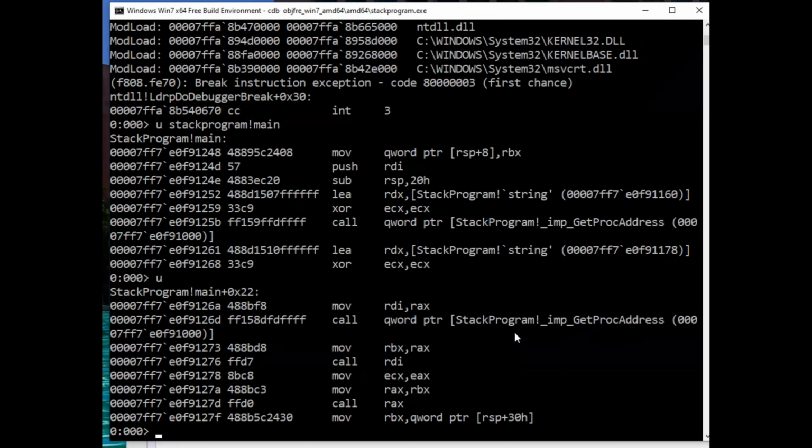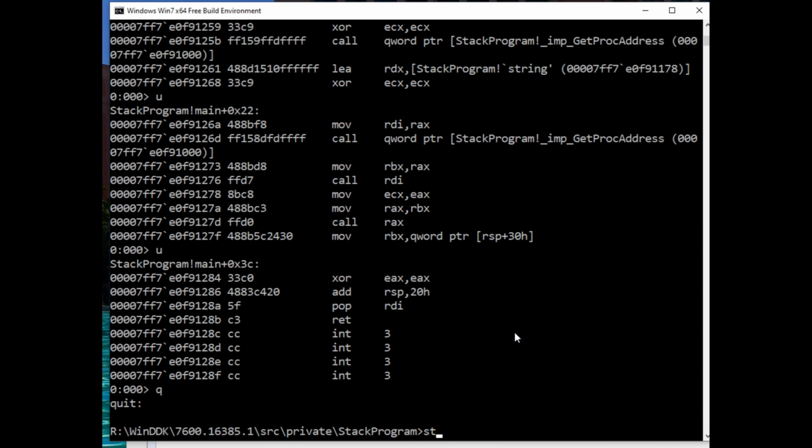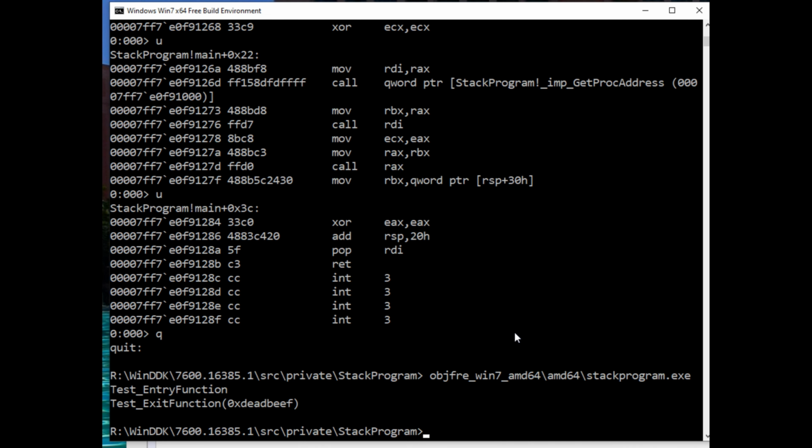And let's take a look here. So we're calling GetProcAddress. We're calling them. Okay. And if I just run it, we got what we want. Okay. So now